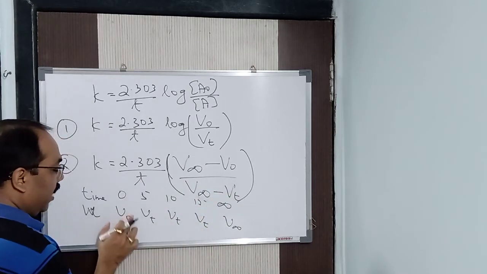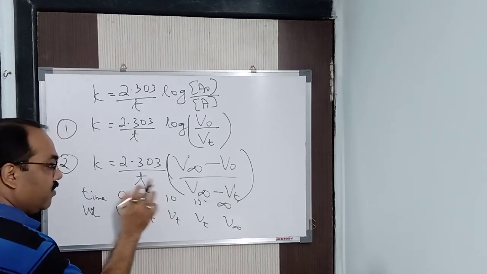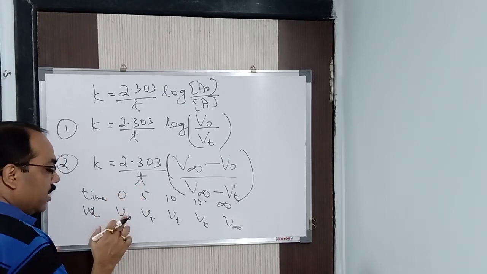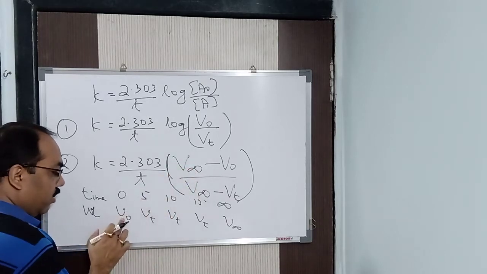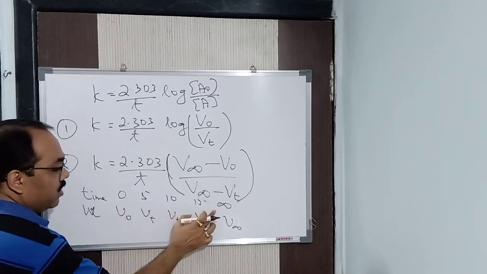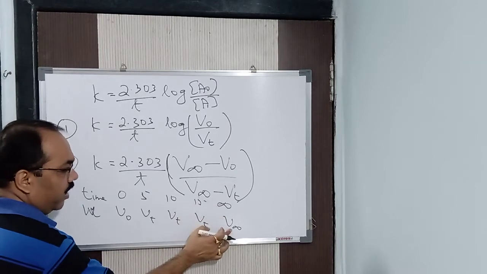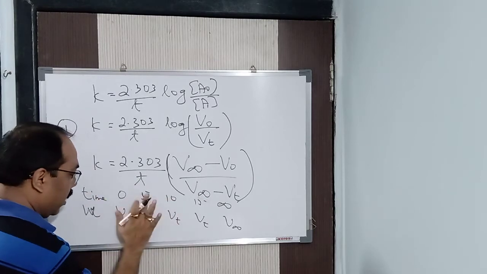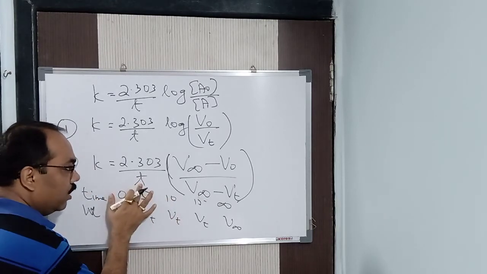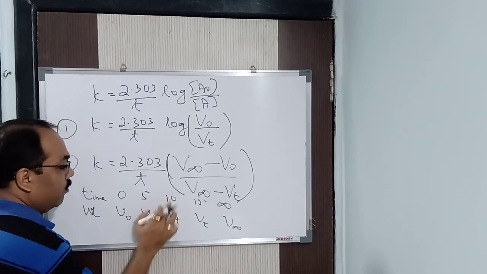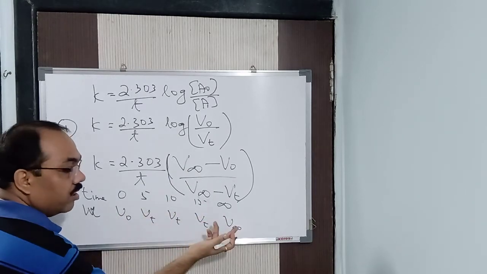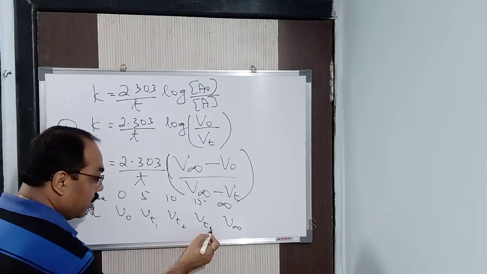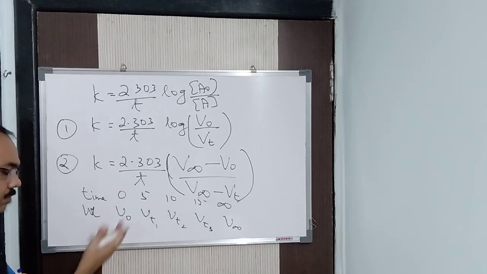Vt, let us say, when the time is 5 seconds, it is asked. So in place of time, you put 5. In place of V0, you put this value. In place of infinity, when the volume is infinite, you put this value here. Alright, when the time is 10 seconds, let us say time is in seconds, we will put 10 here. V infinity remains the same, V0 remains the same, only the Vt is different. Vt will differ. Don't think this is the same Vt, no, it is going to differ. Let me write it T1, T2, T3. Otherwise, you might think it is the same. How will it be the same? It will be different.